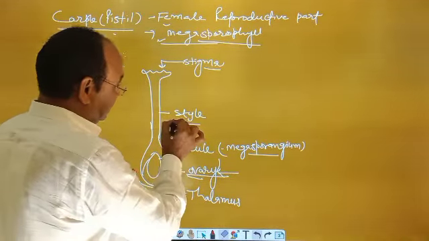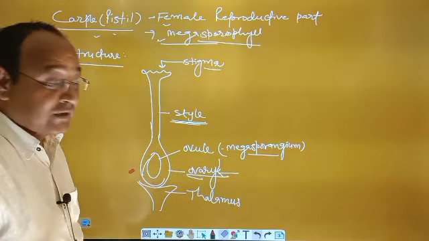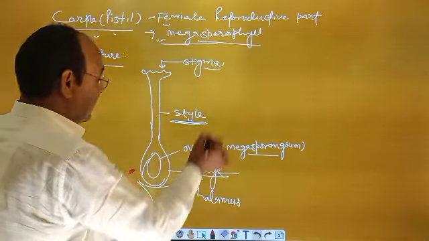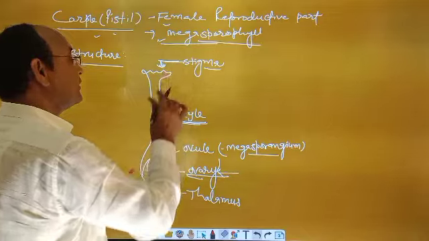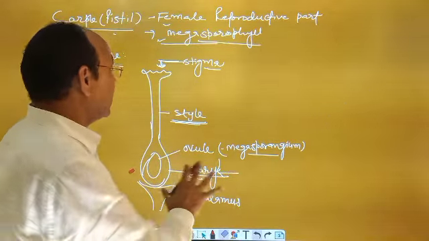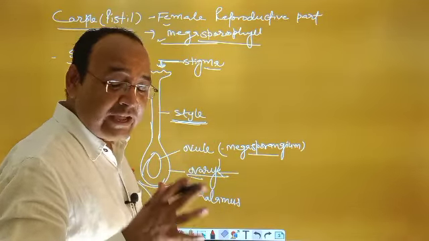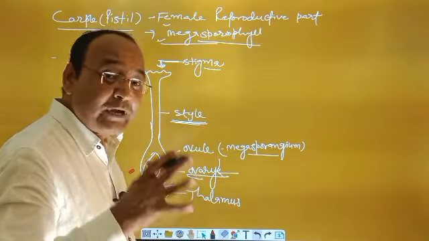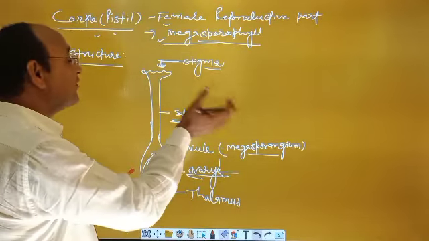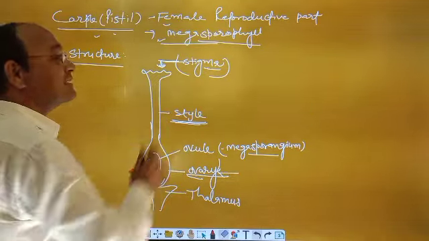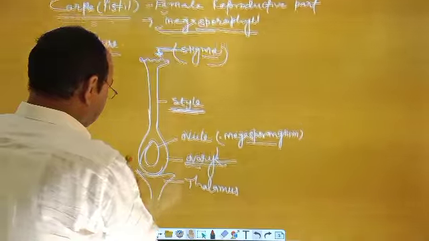Now, what is style? Style is a long cylindrical part which is situated between the stigma and ovary. What is stigma? It is the topmost or uppermost part of carpel and provides the platform to the pollen grain. It means after the pollination, pollen grains are transferred where? Stigma पर ही transfer होते हैं. Is that clear?